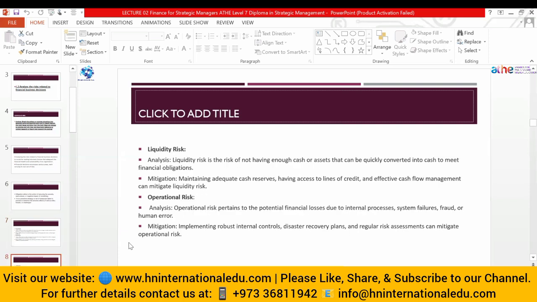Liquidity risk. Liquidity risk is the risk of not having enough cash or assets that can be quickly converted into cash to meet financial obligations. That is, houses, bungalows, and one more thing, machinery, sometimes they're not easily saleable. You need to hunt for it. Even the car as well. Not everyone is readily happy to buy the car or different assets. It takes time to give you the cash. Like even when you sell a car, they do not in a minute give you the whole cash.